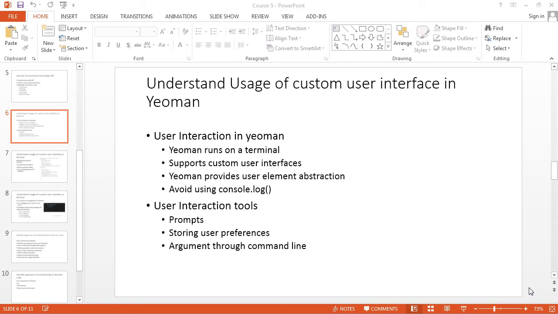In this video, we are going to discuss understanding the usage of custom user interfaces and how they are used in Yeoman. Interacting with the external environment to take custom user requirements is one of the important elements of any application development. And Yeoman believes in that. Yeoman does that by interacting with the end user, whoever is using the generator or Yeoman as an interface,